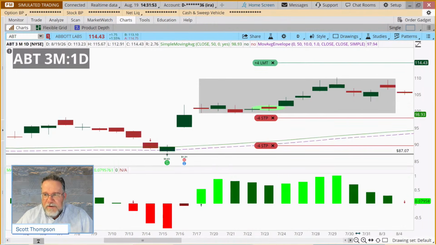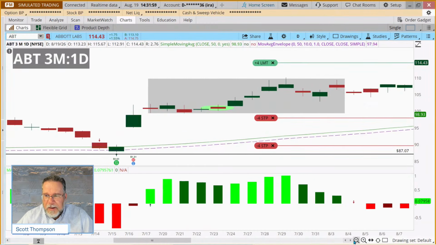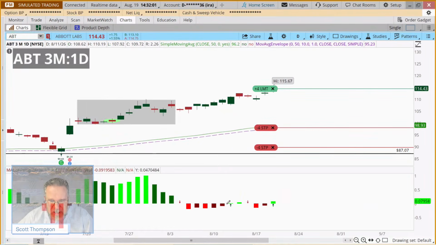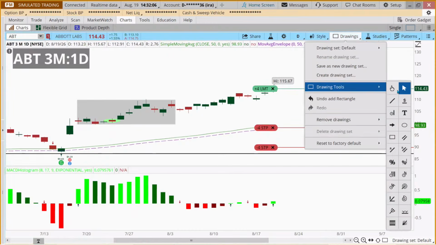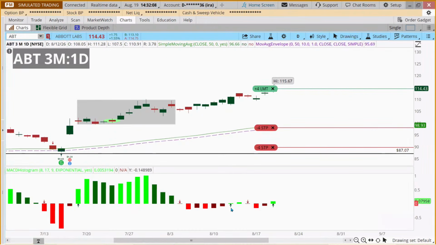Now, if we move the chart forward, we don't have a valid buy signal anymore. MACD's red. It wasn't until right here, you guys see that? Let me change my drawing tool again to my arrow. So right there is the next valid buy signal. If we bought at the close on the next buy signal, after looking at that whole period where the MACD was green and feeling like, oh, this is too old, too old, too old, by the time I got my next buy signal, the closing price was 110.91.